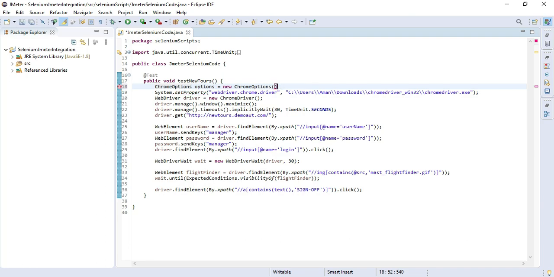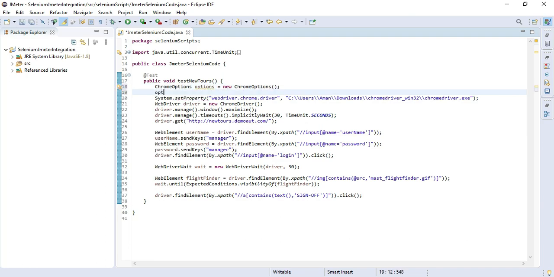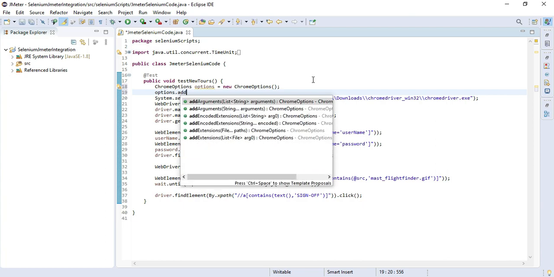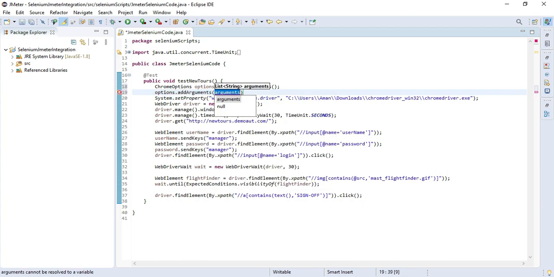Okay, options dot add arguments headless. Okay, so after that you just need to connect your options with your Chrome driver like this. As you can see, I have done.